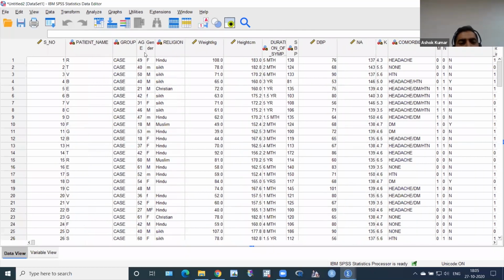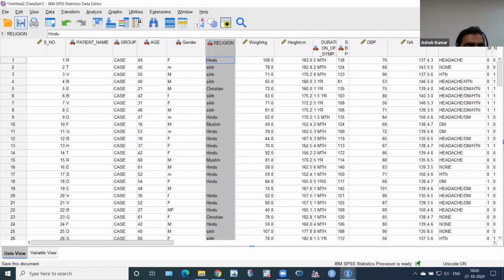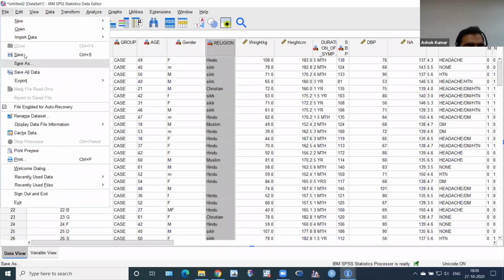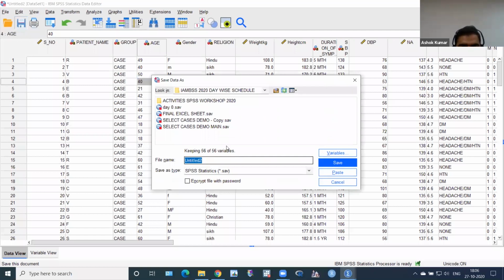Now, first I want to save my file, because yesterday I did not save. Just click this button, the save button, or otherwise click on file and there is a save or save as option. This saves the document in the IMBSS 2020 day-wise schedule folder.